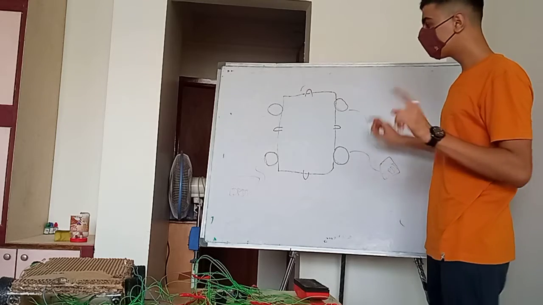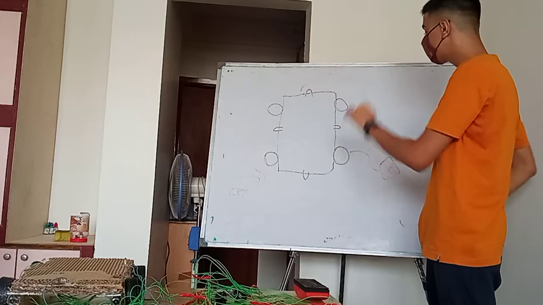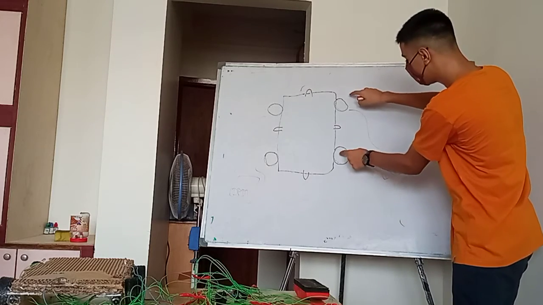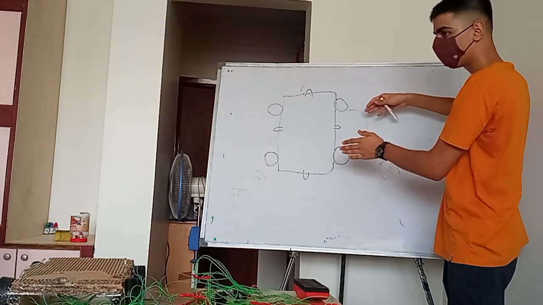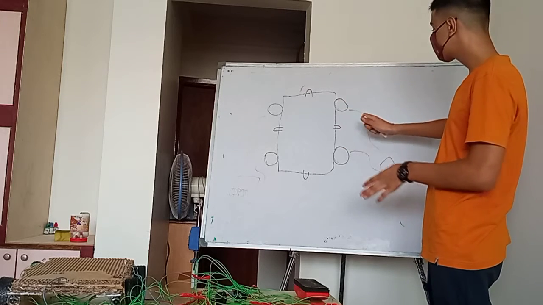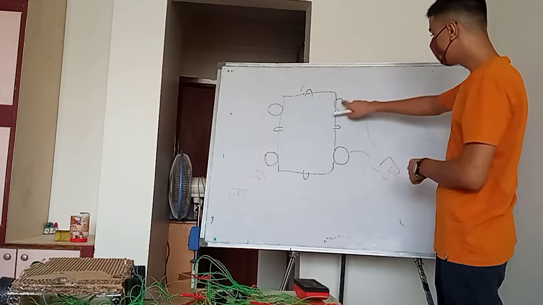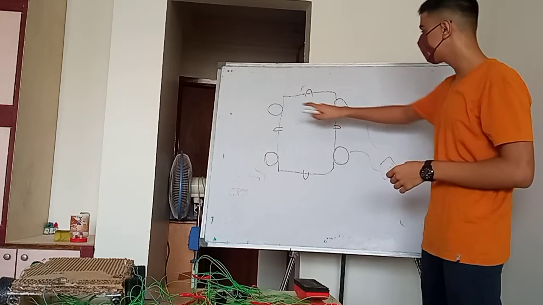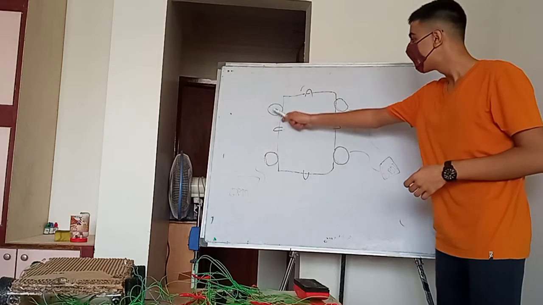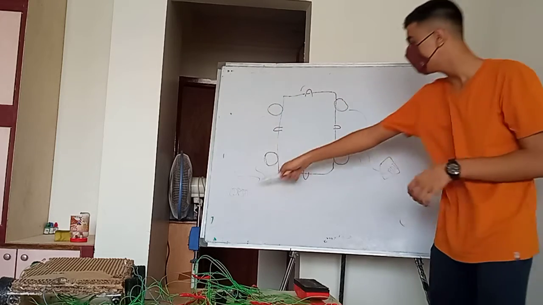And I also know one thing, that these two and these two will be in the same direction every time. Like these two won't move opposite to them. If this is moving forward, this will also move forward. Whatever action I have to do, whether right, left, backward, forward, these two will move in the same direction, and these two will move in the same direction. That's why these two and these two are connected with the same DPDT.